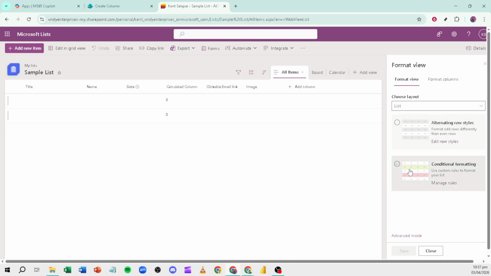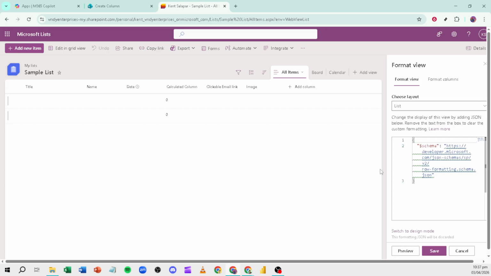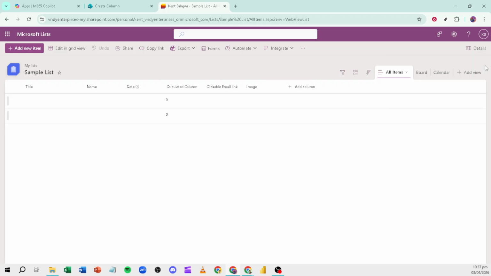Click Save in the formatting panel to apply the change. Return to your list and try clicking an email in the email column. You should see your default email client open a new message with the address pre-filled. If it doesn't work, double check that the column is single line of text, that email values don't include extra spaces,